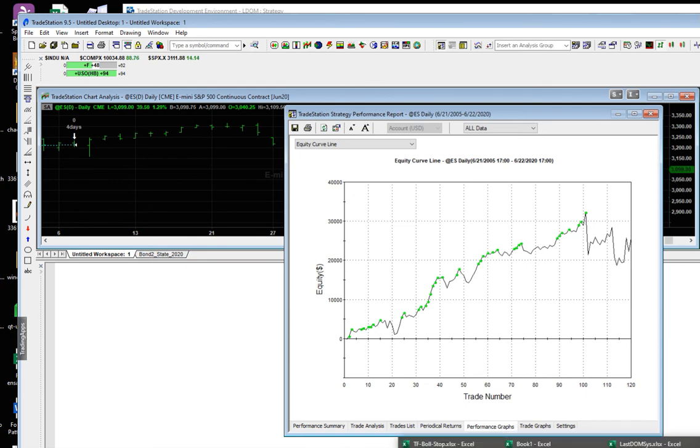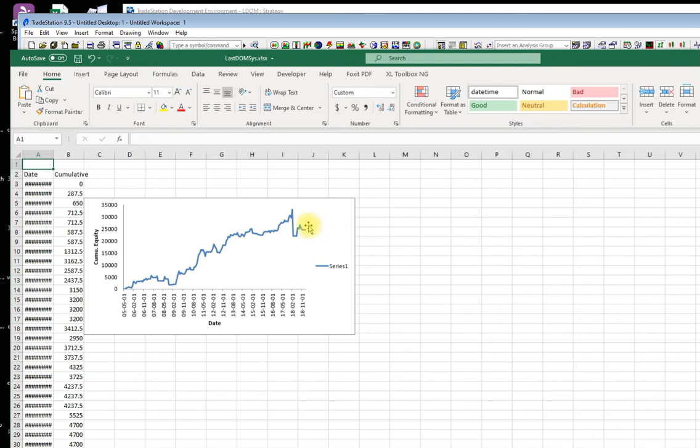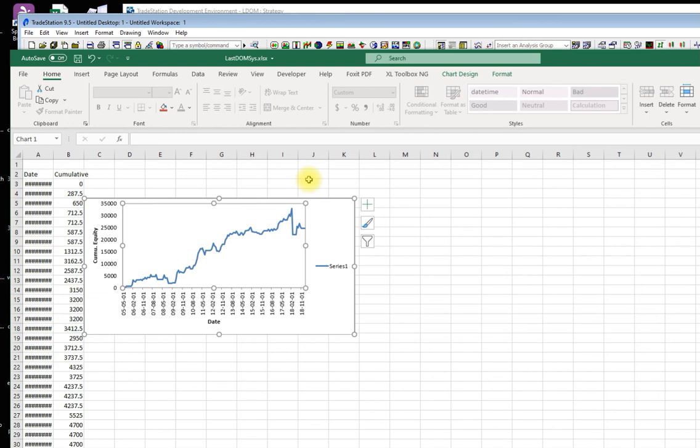So if you look at my equity curve, there it is. I had the initial equity curve. And then it bubbled back up, and the data only goes through February, so you would have seen it do this. So that's the difference between TradeStation and Trading Simula 18 on this system. All this source code will be made available on the website. If you have any questions, just email me at